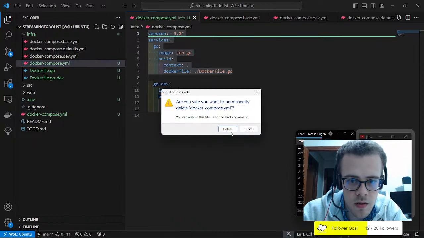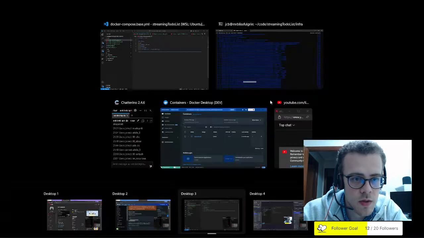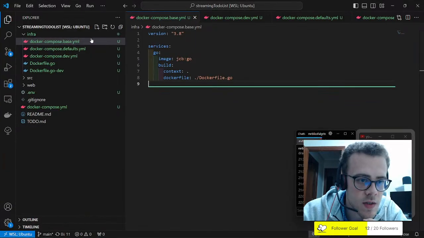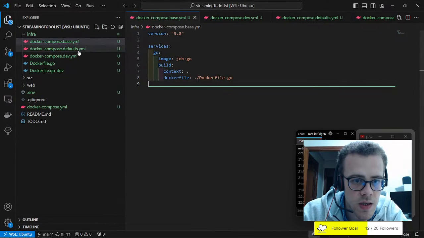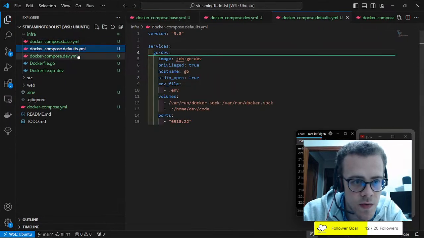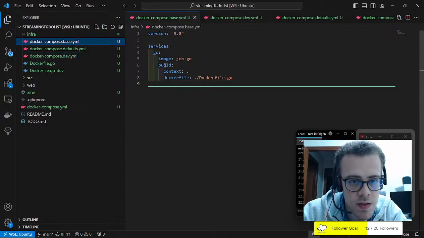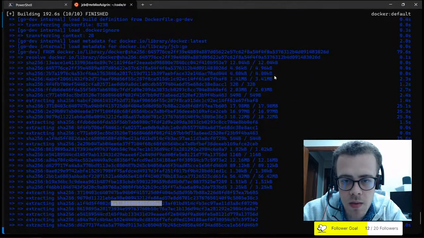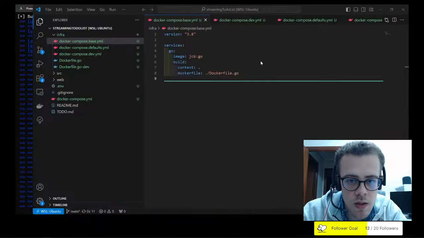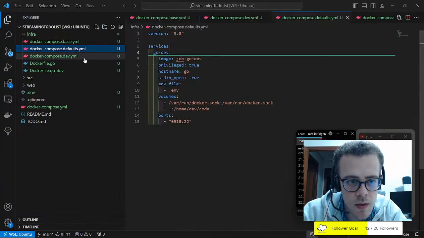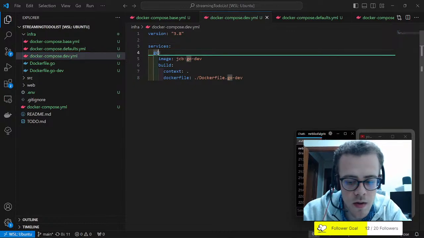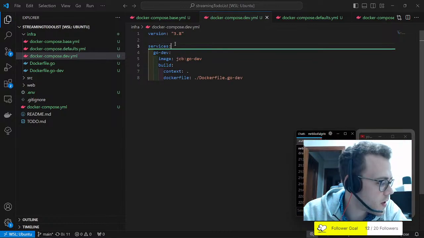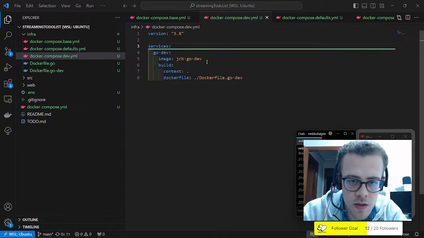Delete permanently. Yep. Alright. So we have these ones, the base, the defaults, and the dev. That's more or less fine. The services are fine. Alright, I'm happy with that. Probably this one should be go dev, just to be more consistent. Like if I'm using go dev, I'm using go dev. Alright,